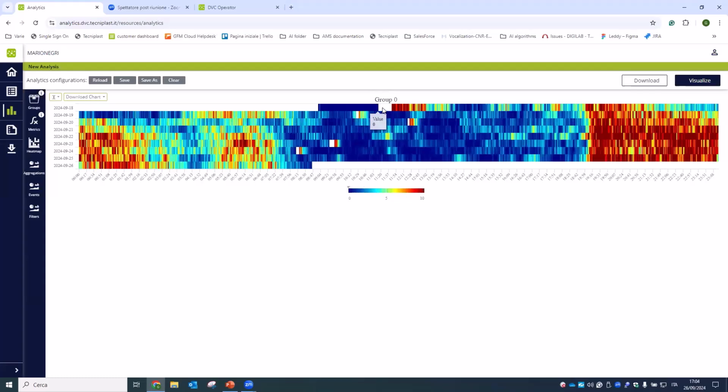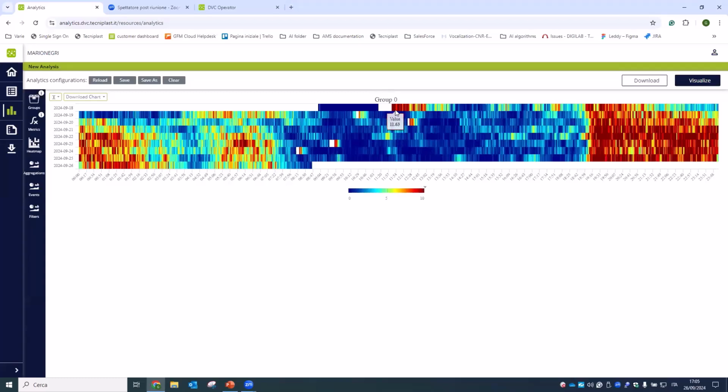Last point worth mentioning, you see sometimes there is a white spot like this one I'm showing you right now. What is white? White means that the cage has been extracted, so not inserted in the rack, so there are no data. For the time being, it is out of the rack. There are no data, no color, no blue, no red, and nothing in between, simply because there are no data. And once it is back, the cage